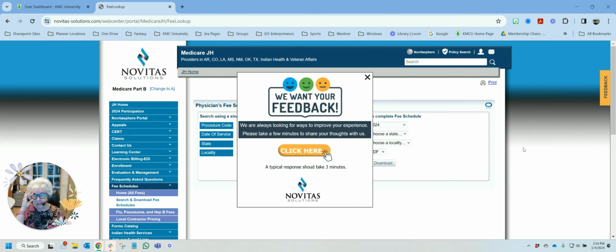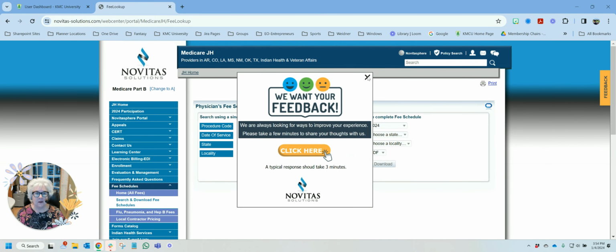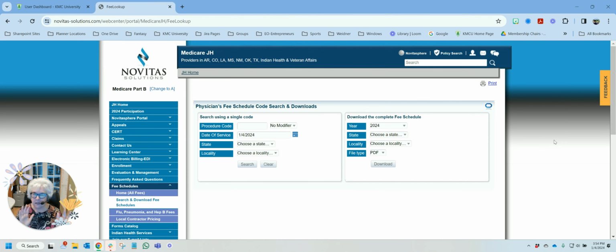Now they have a very nice portal here. I'm going to tell you that almost every payer does it a little bit differently, but we're simply going to check our 3 CMT codes, because those are the only codes that you need to really worry about. So let's start with 98940. And we're going to use a 2024 date of service. It doesn't matter what date you use, because it just matters that you're in 2024,